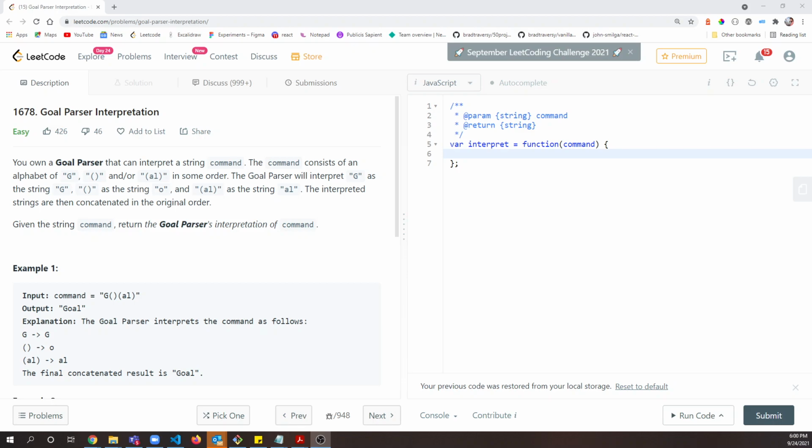Hi guys, welcome back. Today let's look at this question. It says you own a goal parser that can interpret a string command. The command consists of an alphabet of G, open and close parentheses, and or AL in between open and close